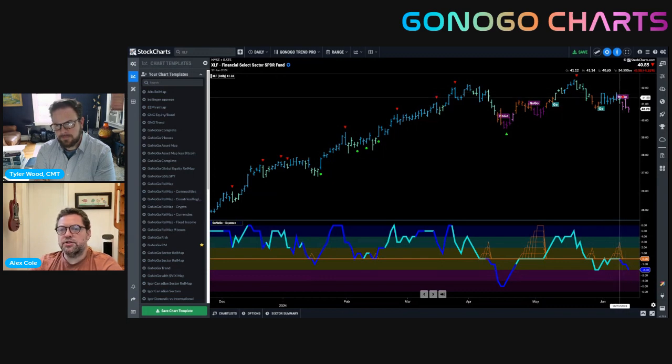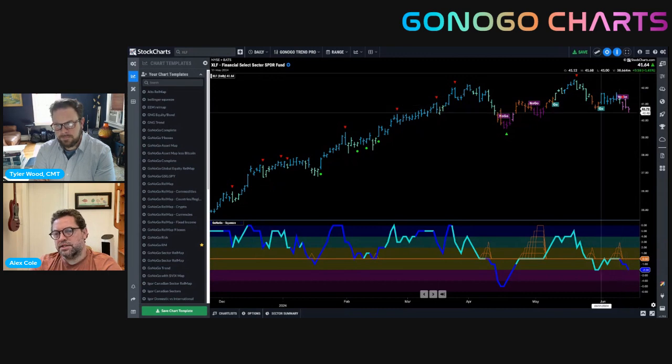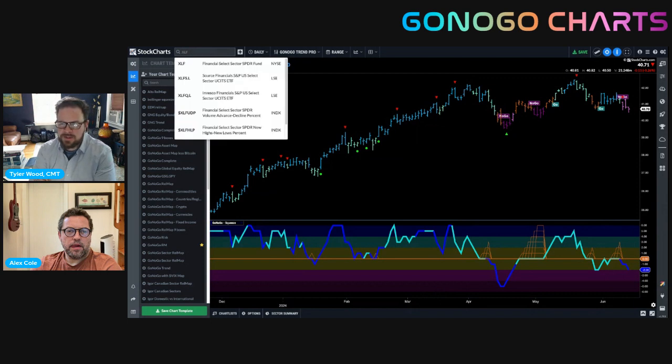So now the GoNoGo trend indicator has recognized the changing technical environment and is painting a first few pink no-go bars. So a little different. We see this could well be now a lower high, and we're threatening to set lower lows as well. Absolutely. Let's dive into a couple names in the financials sector of the market, and just take a look at what might be dragging this down.